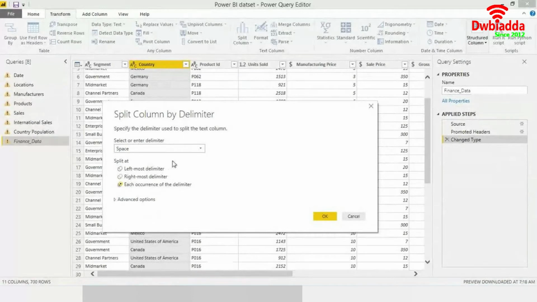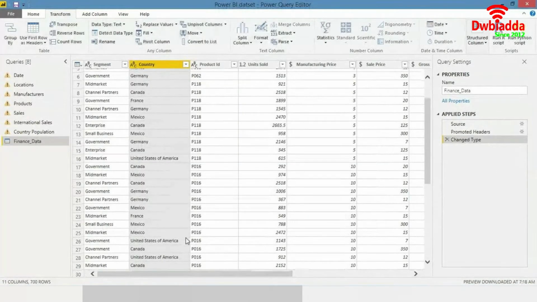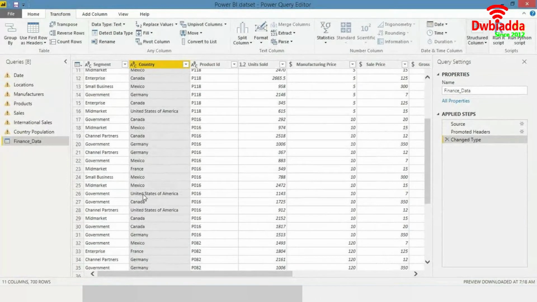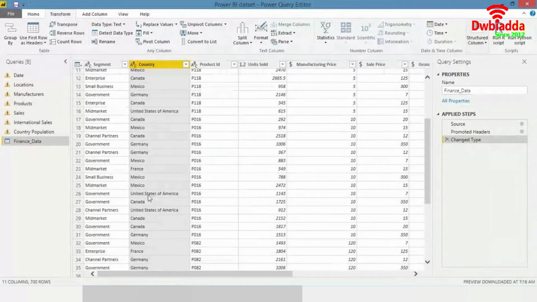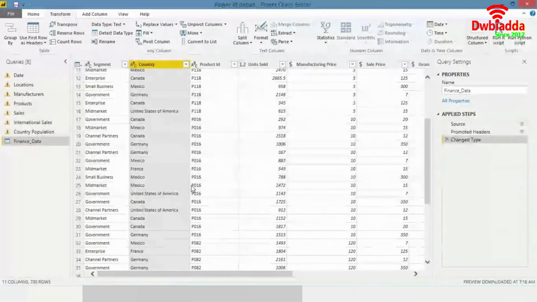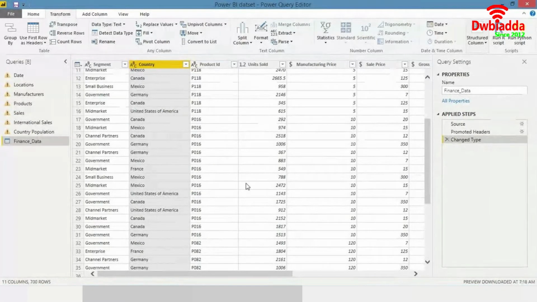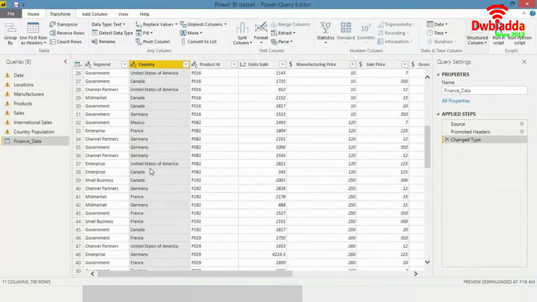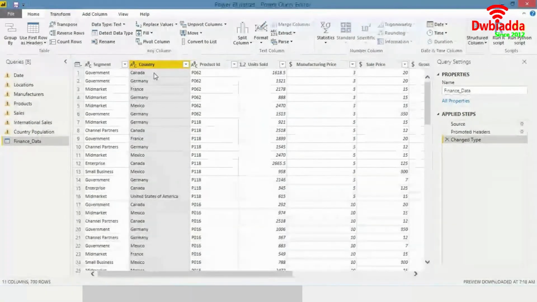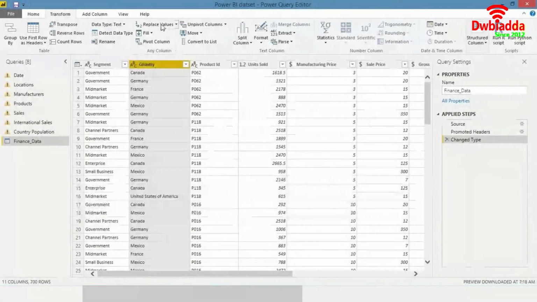For example, I'm not comfortable with having United States of America, so I want to split the data wherever there is a space in between. It will give me one column with United, another with States, another with of, then America. Similarly, in any other column that has similar data, we can do that over here. So we can simply click on delimiter.